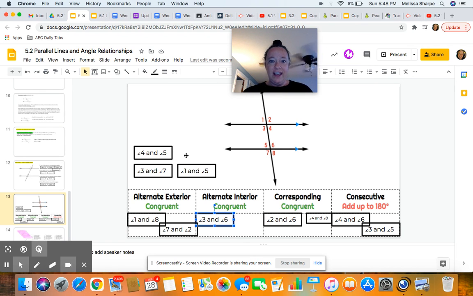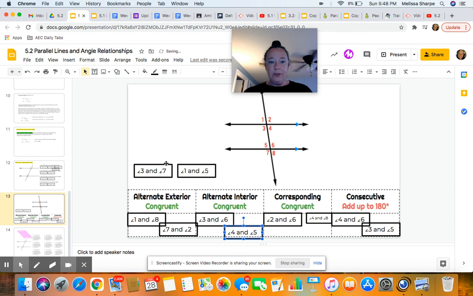Sorry about that, guys. Okay, so 4 and 5 are alternate interiors. 3 and 7 are corresponding, and y'all 1 and 5 are also corresponding. And I got a hot mess right